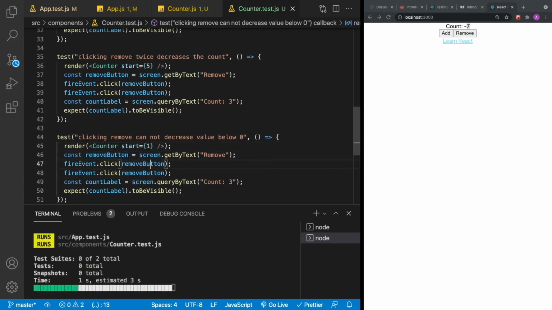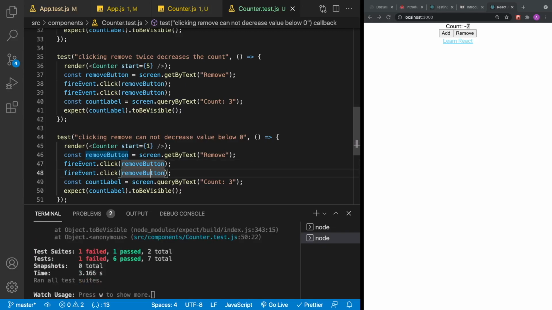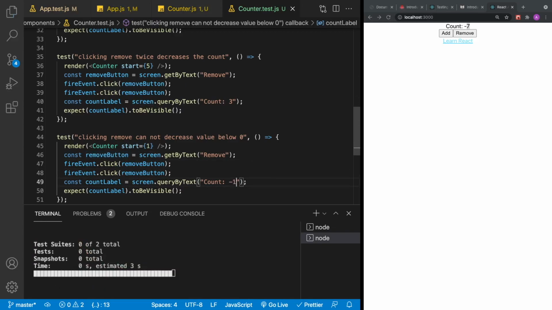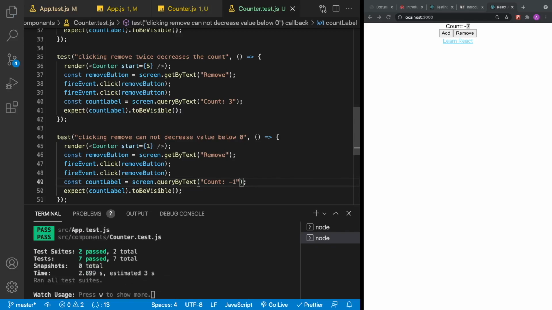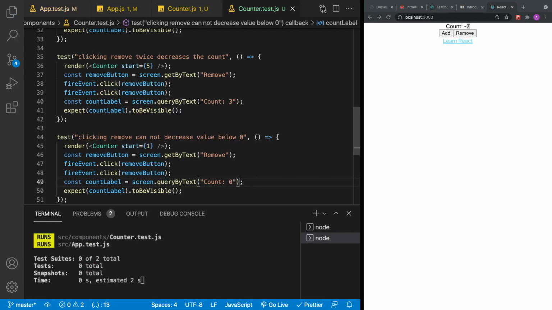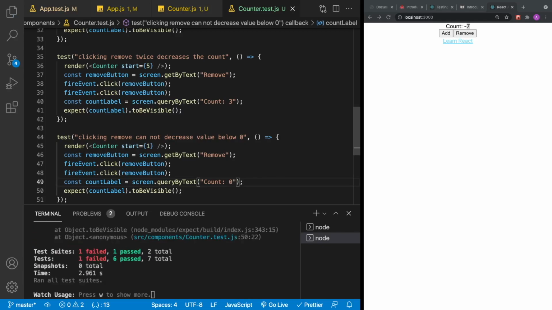So then when I click remove over here, that'll bring it down to 0. When I click it over here, it'll bring it down to -1. So if we were testing for -1, that would be a fantastic test, and then it would pass. But we said that's not allowed to happen. So if I click remove twice, the first time I bring it down to 0, which is okay, the second time I bring it down to -1, which is not okay. So now we've written the test, we see the failure, and now we go fix it